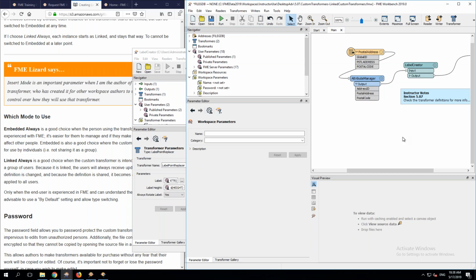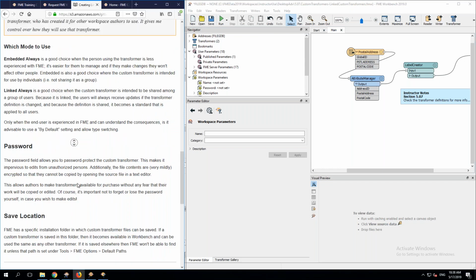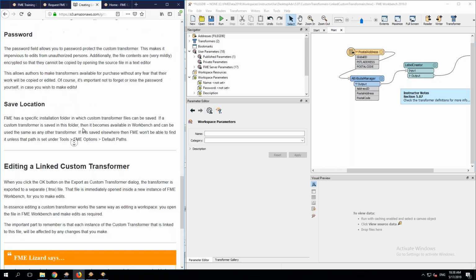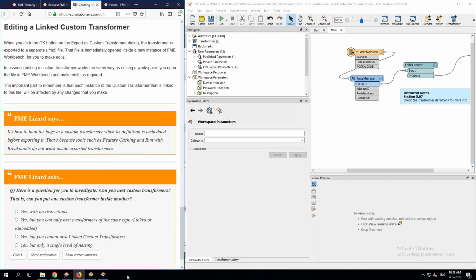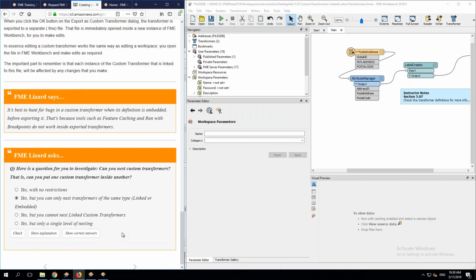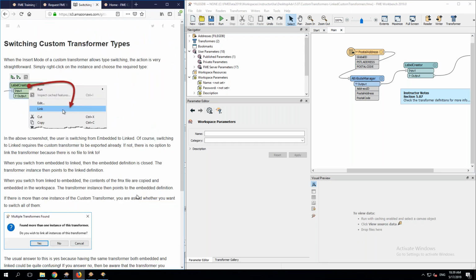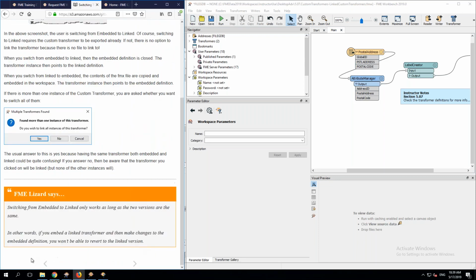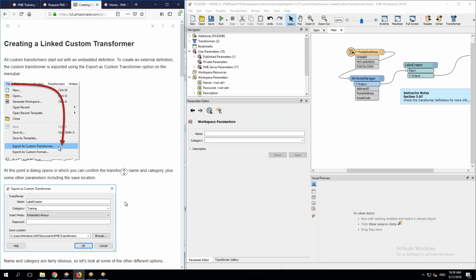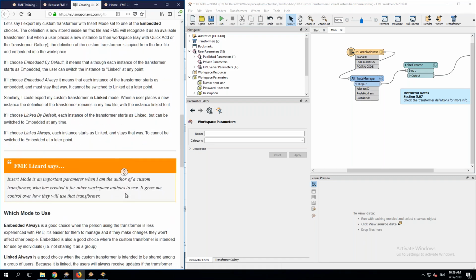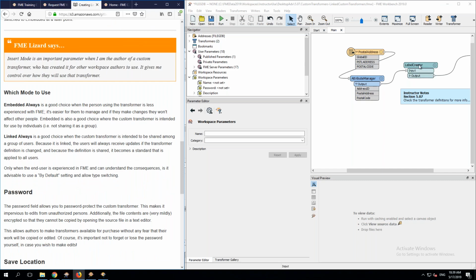But remember, when I saved that custom transformer, I saved it or exported it with this option that says linked by default. What does that mean? Actually, let me just check to make sure I'm on the right content on this page. Okay, so I'm just going to go back and before I mention that, I'm going to mention what are the advantages and disadvantages of using it